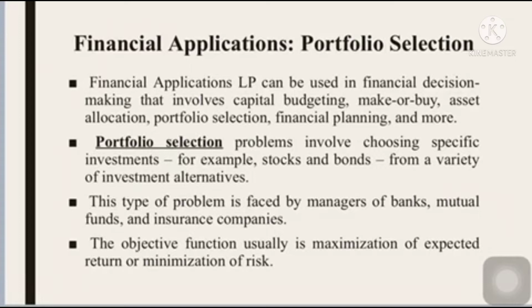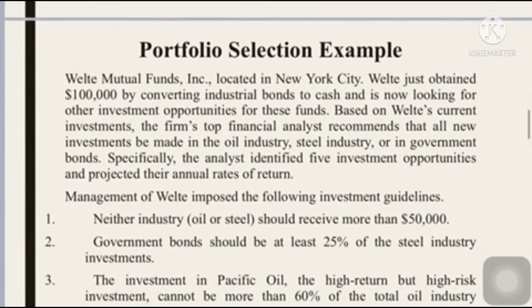The objective function for portfolio selection problems usually is maximization of expected return or minimization of risk. The constraints usually take the form of restrictions on the type of permissible investment, company policies, maximum permissible risk, and so on. Problems of this type have been formulated and solved using a variety of mathematical programming techniques. In this section, we formulate and solve a portfolio selection problem as a linear program. So for the portfolio selection example,